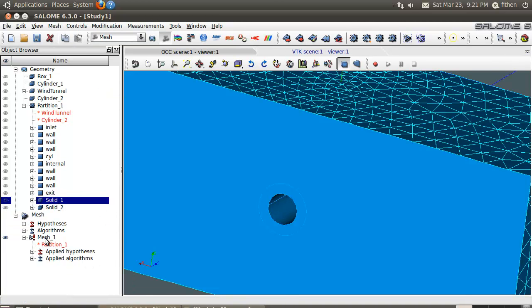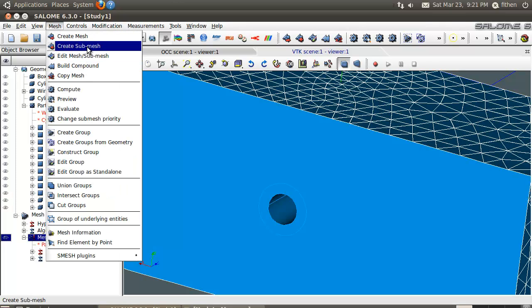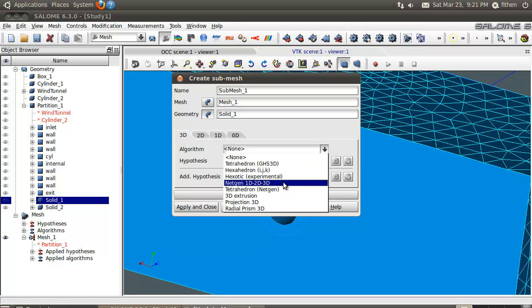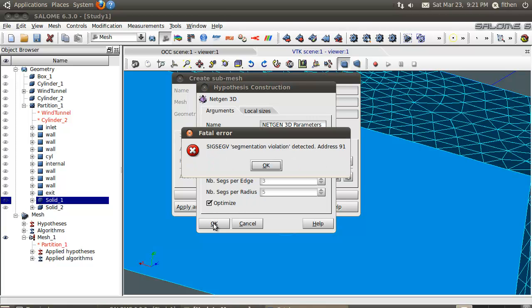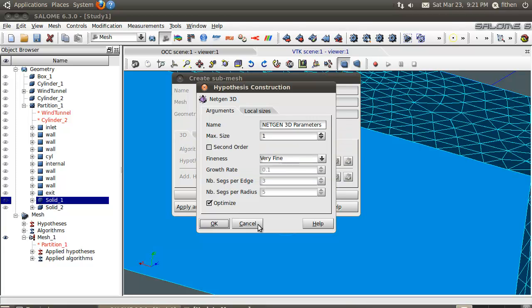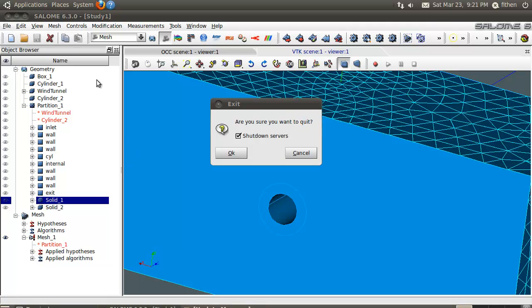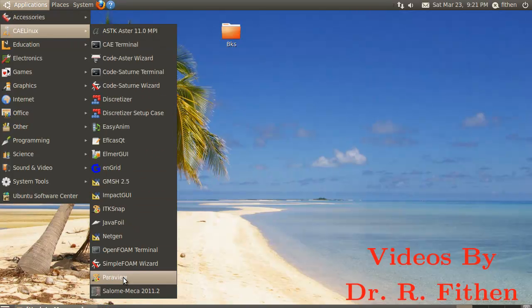So let's go back, let's go into mesh, and now let's create a submesh. This time I'm going to grab this geometry, I'm going to come in here, do the same thing, but this time instead of that I'm going to say 1. Uh-oh. So here's what we'll do. We run into this problem often. I'll hit a save, basically drop out of this, relaunch the application,